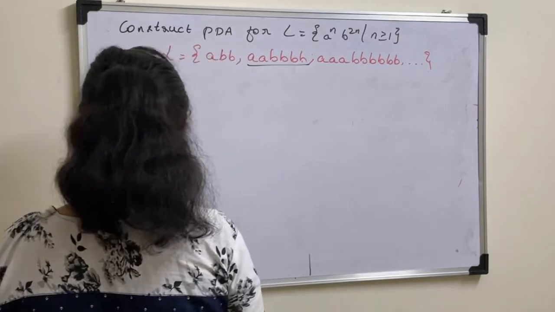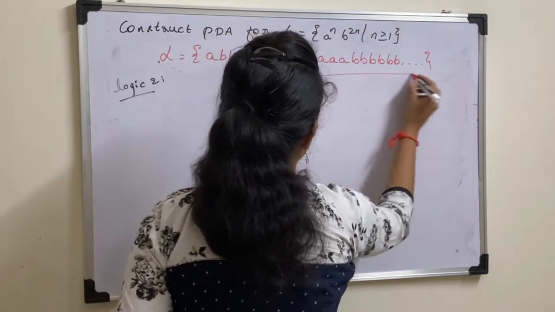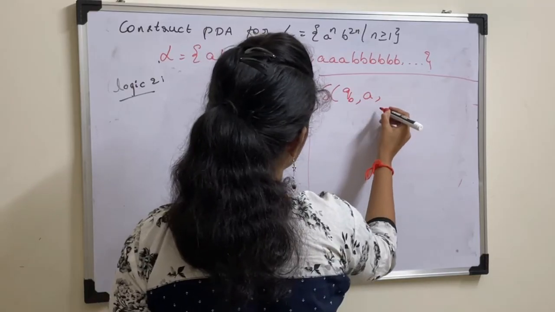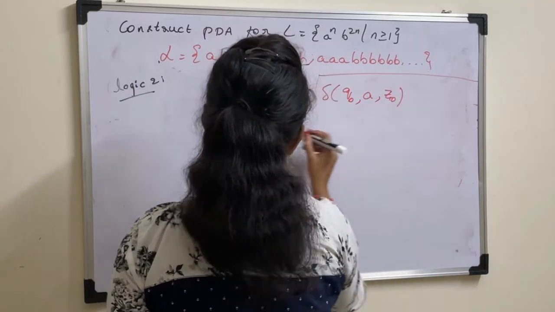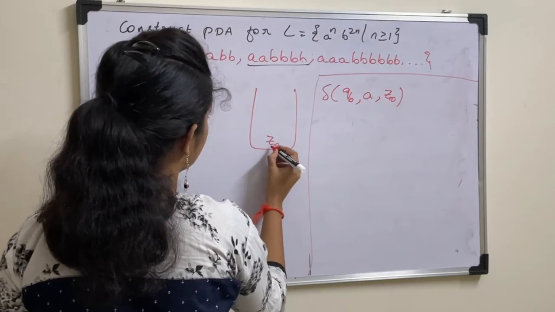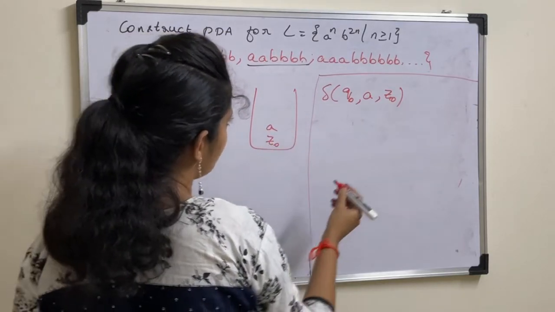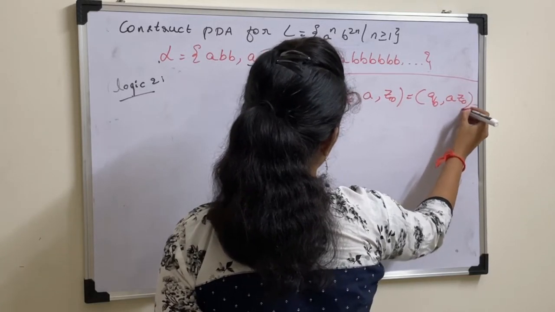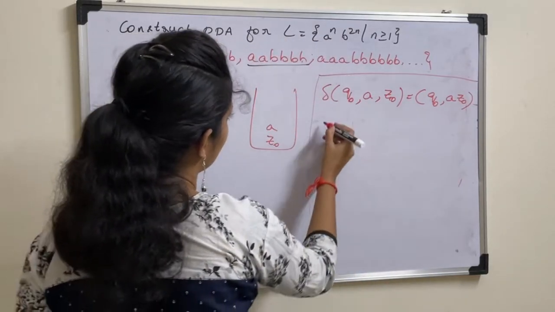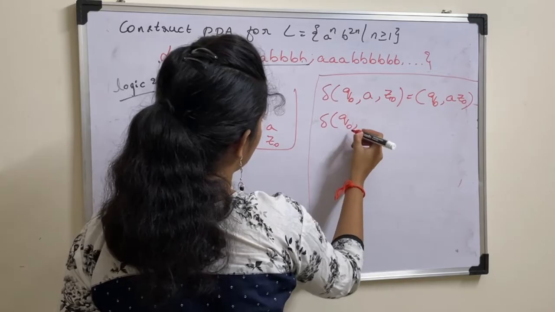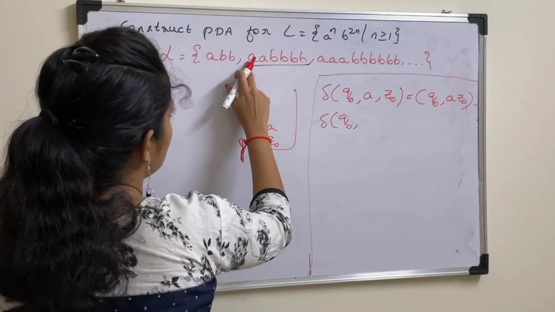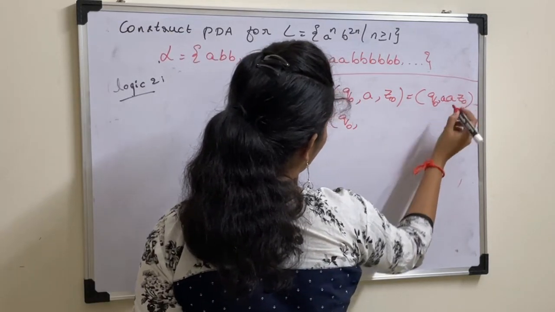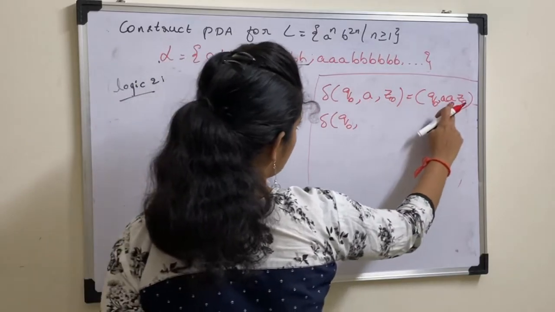So let us write transition functions. Delta of initial state Q0, input symbol A, top of the stack is Z0. A means push operation. So remain in the same state, push A onto the stack. Now the stack contains A Z0. Next Q0. So here we need to push 2 A's, right? So for a single A, we need to push 2 A's, so that you will get Q0, A, A, Z0. For 1 A, push 2 A's.